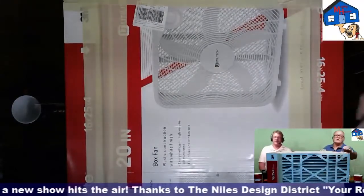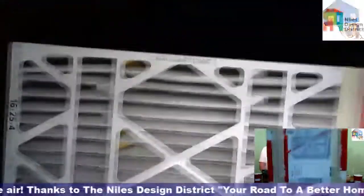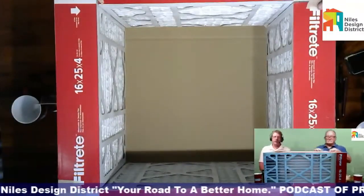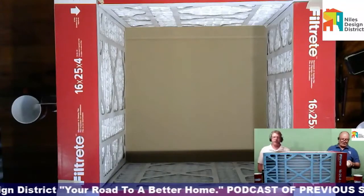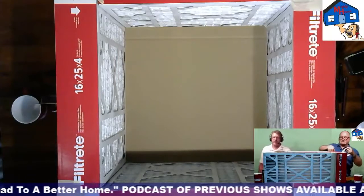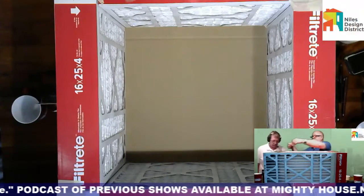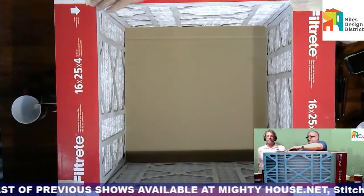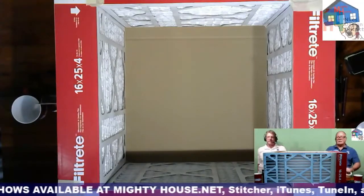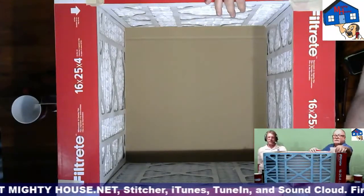Okay, so now we've got our box, got our filters. It really feels quite good. Well, it's because you use 4-inch filters also. I think if you did 2-inch filters or something, you'd have to adjust sizes slightly, but there's not as much surface area to maintain that stiffness. Correct. Lateral bracing. I did find MERV 11 1-inch filters, but I was worried about how long they were going to last,